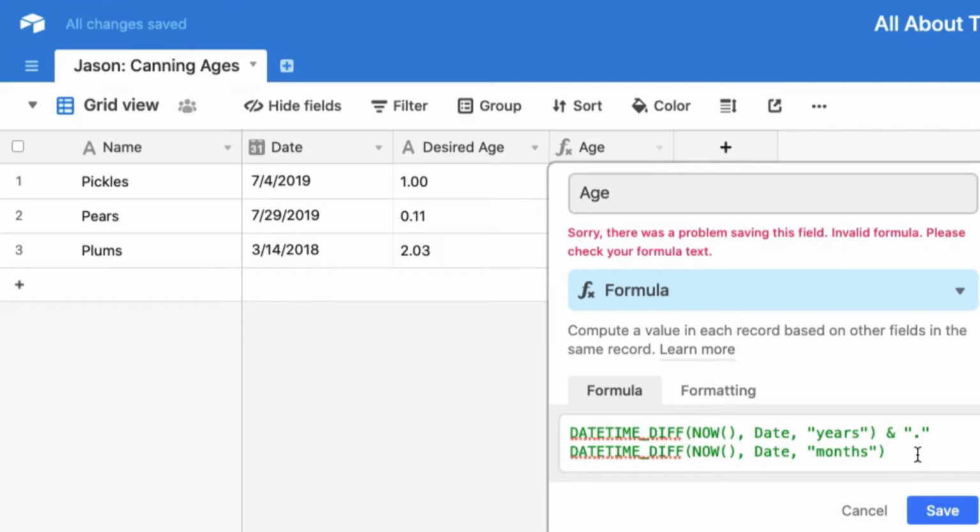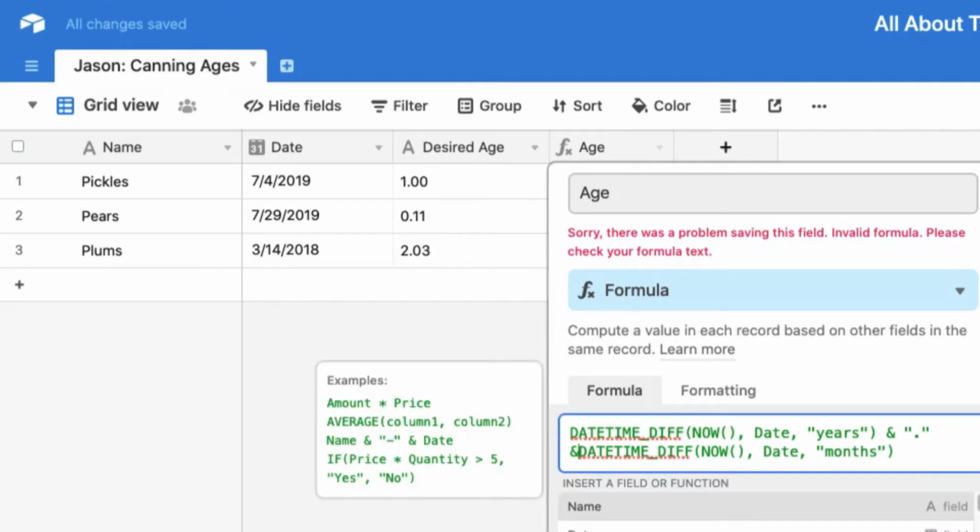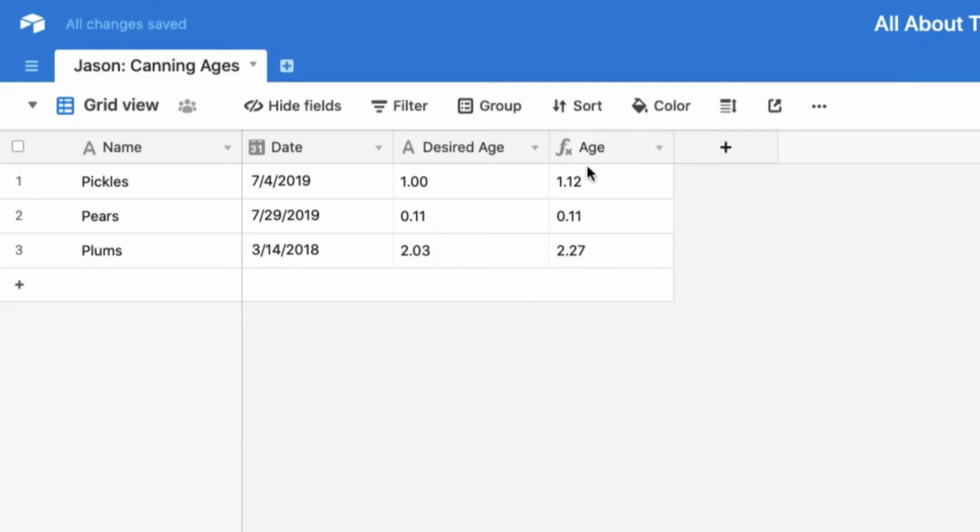We'll get an error. Oh, I forgot to do my other ampersand. There we go, to separate that other piece. So now we have 1 year, and wait, it's 12 months, but that's the year that we already have. So we don't need the actual raw number of months, but we need to figure out how many multiples of a year are represented by that number, and then take the number of months that's left.